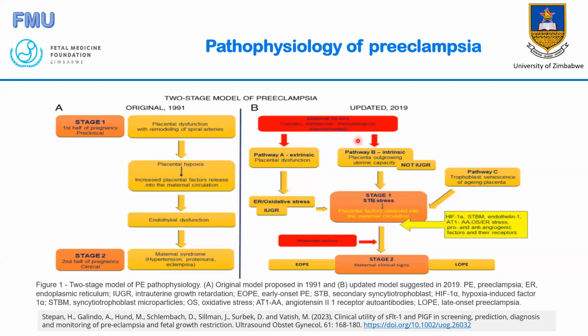The other pathway, which is thought to be intrinsic, is the belief that sometimes some placentas outgrow the uterine capacity, and hence they will still be underperfused because of their large size. And this pathway normally does not lead to IUGR, but because of the underperfusion of the placenta, the syncytial trophoblasts undergo stress. And when the syncytial trophoblasts are stressed due to hypoxia, they release placental factors